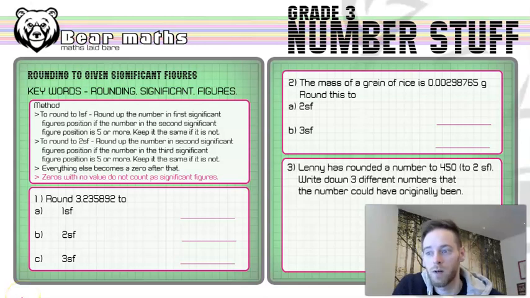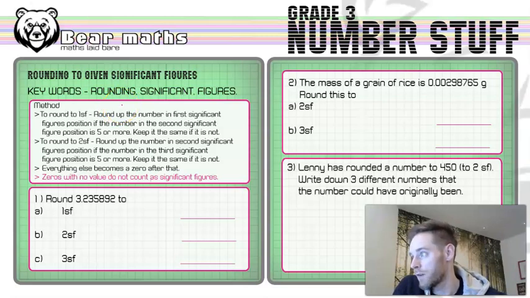So rounding is when you make a number less accurate. We make it easier for us to understand. And significant figures are numbers that have a value of some kind. Now, the method that I've given you here, to round to one significant figure, we need to